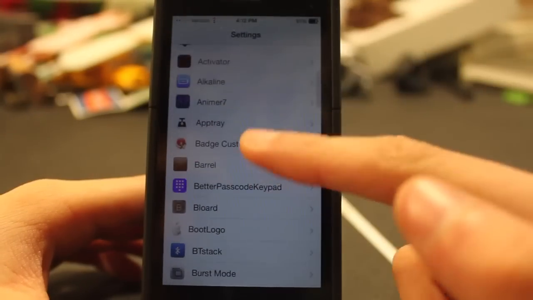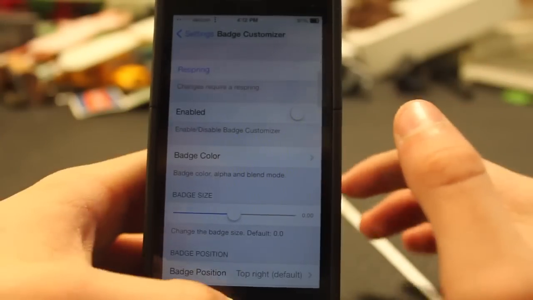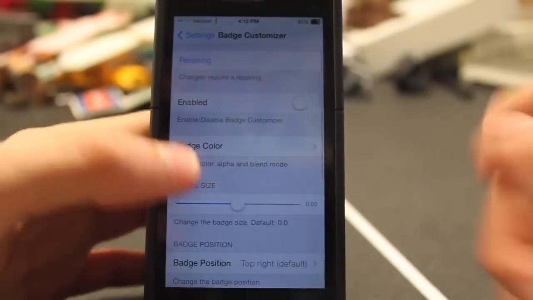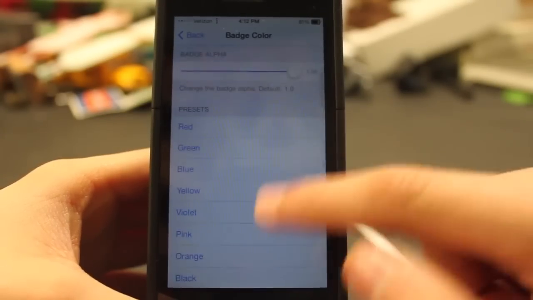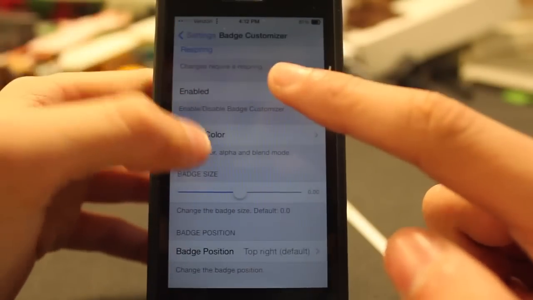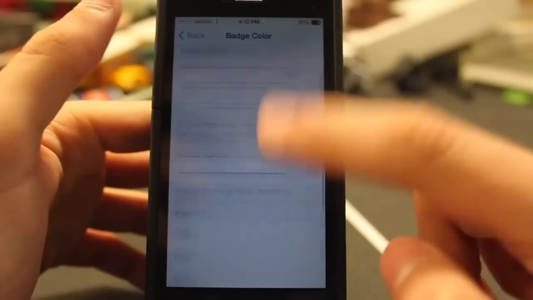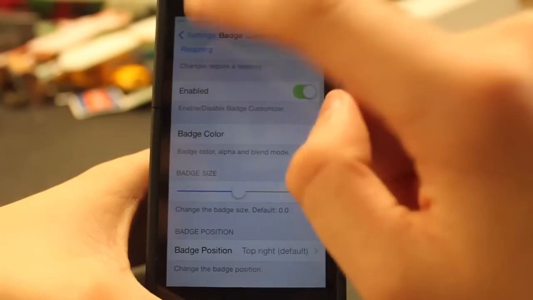So next one, badge customizer. This changes the color of your badges. So now by default they're red. I can go ahead and change them. Just go and press enabled. Go to badge color, and I'll pick orange. Now you might have to back out and go back in for it to refresh. Then just go ahead, and there's other options right here. You can turn up the alpha, whatever that is, and then just go back and press respring, and it will